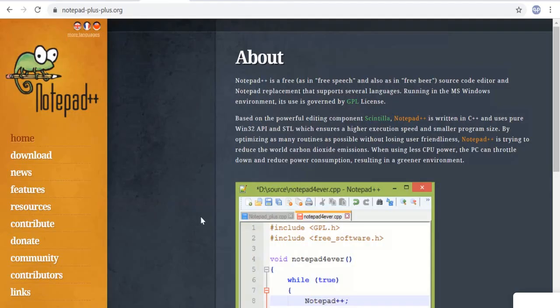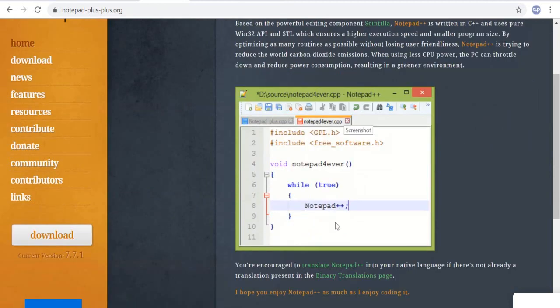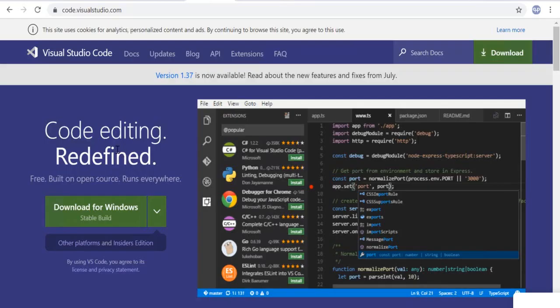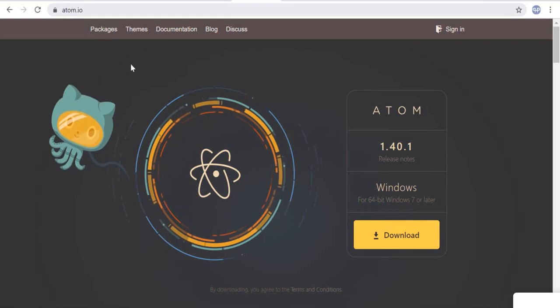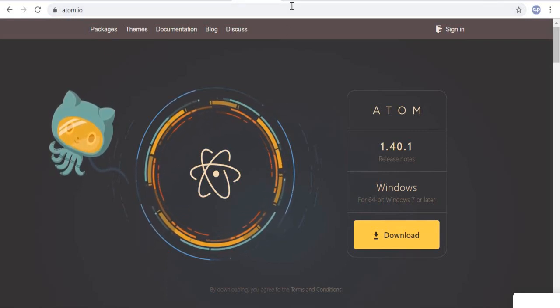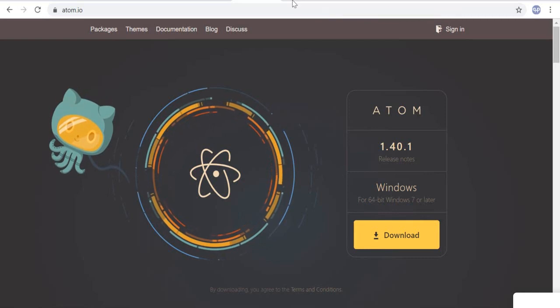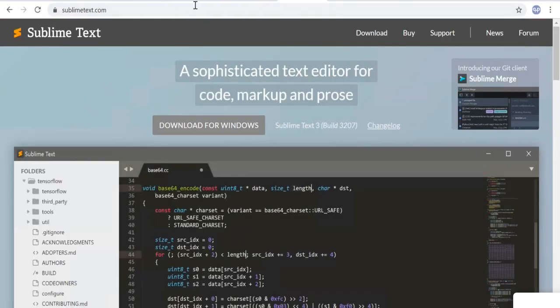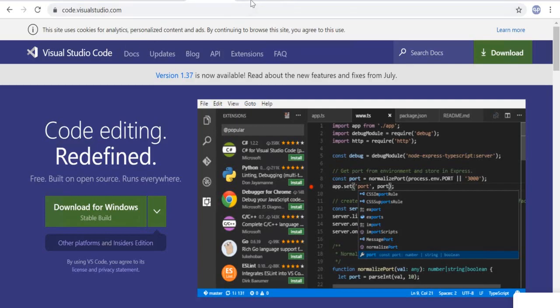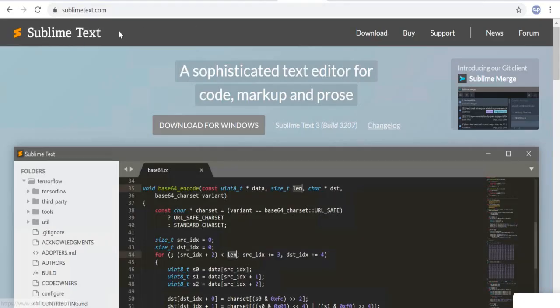There's one more editor called Notepad++. It's very simple, like Notepad. You can even use this to write HTML and CSS code. Then there's one more editor called Visual Studio Code. This is a very famous editor, and it has automatic completion as well. It's very simple and very easy to use for web programming. The next choice you have is Atom. Atom is again a famous editor that can be used to write HTML, CSS, JavaScript and many other things as well. So the choice is yours. You can choose Notepad++, Visual Studio Code, Atom, or Sublime Text. You can even use this editor.